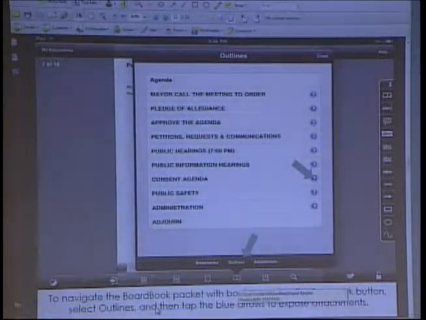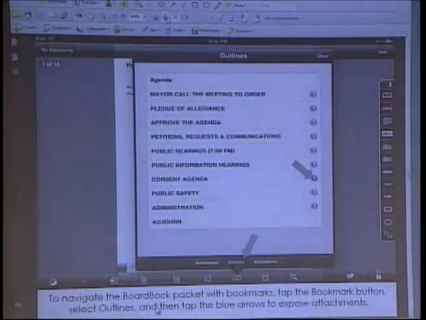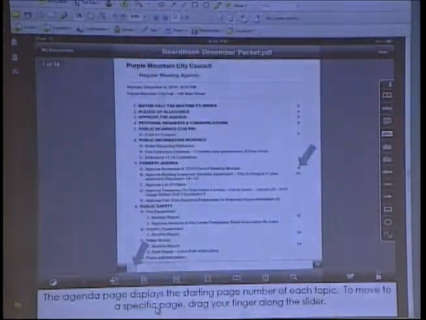There's a button here at the bottom to navigate your bookmarks. There's a slider. You can easily maneuver around your page number references with the slider. As you move it back and forth, it shows you what page number you'll land on.